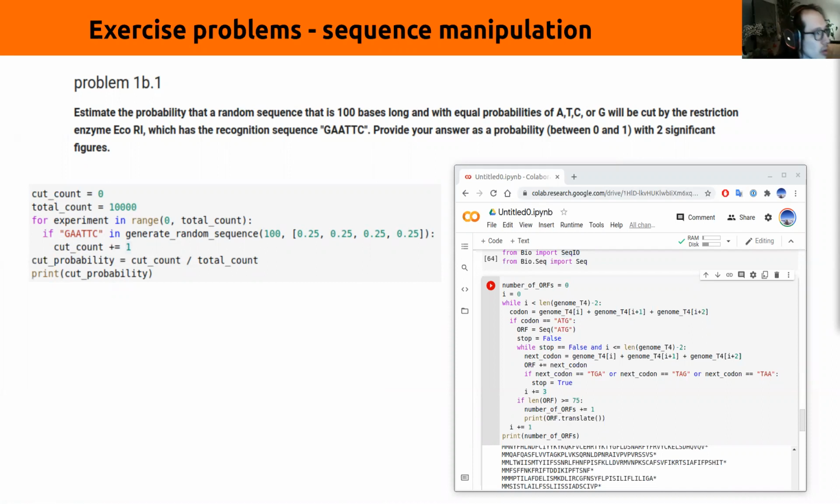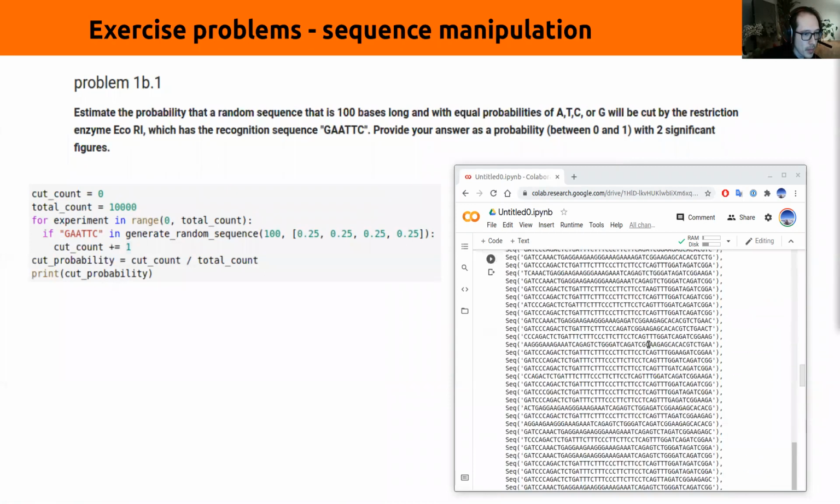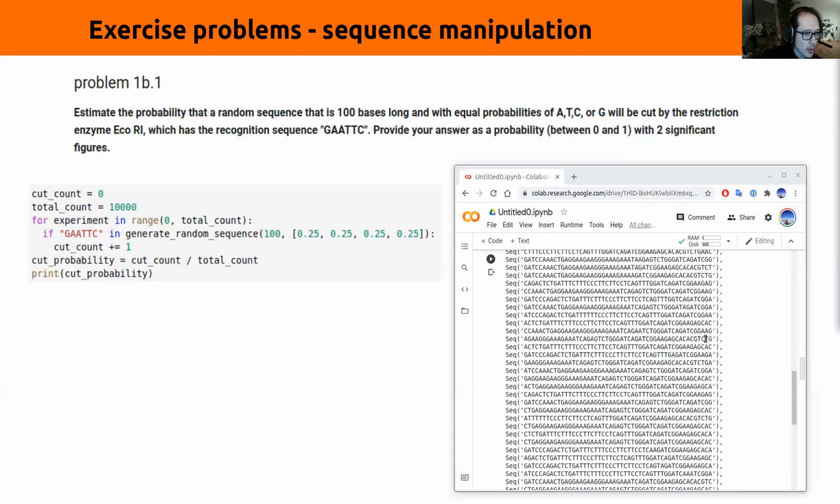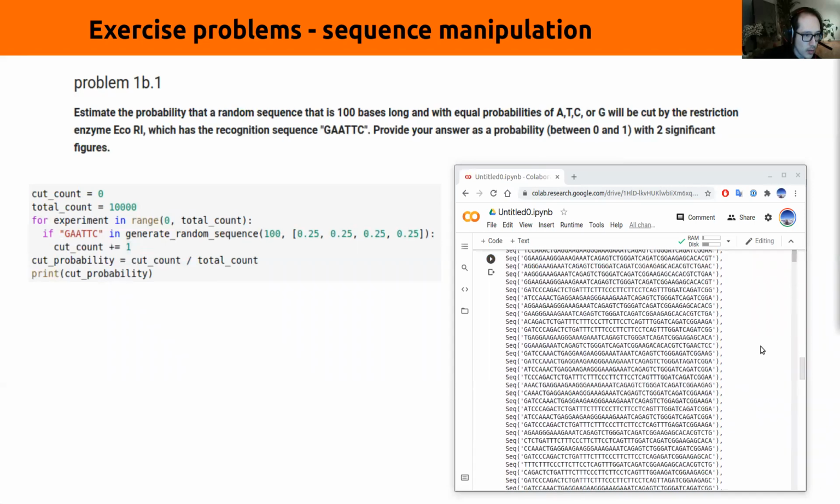In problem 1, we're supposed to estimate the probability that a random sequence that is 100 bases long and with equal probabilities of A, T, C, or G will be cut by the restriction enzyme EcoR1, which has the recognition sequence GAATTC. Provide your answer as a probability between 0 and 1 with two significant figures. So in this problem, we have, if I go up,